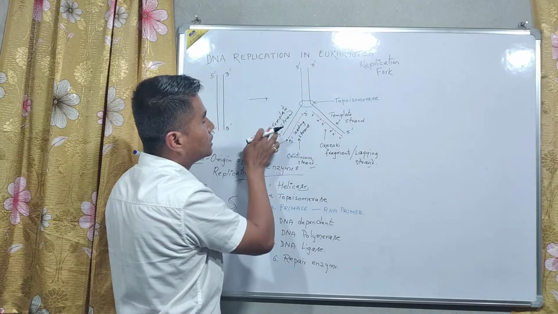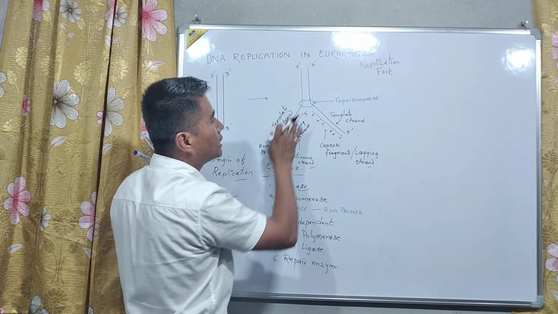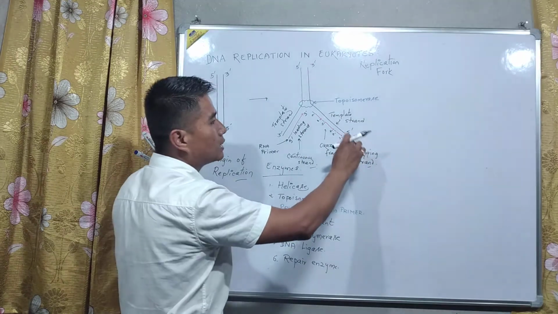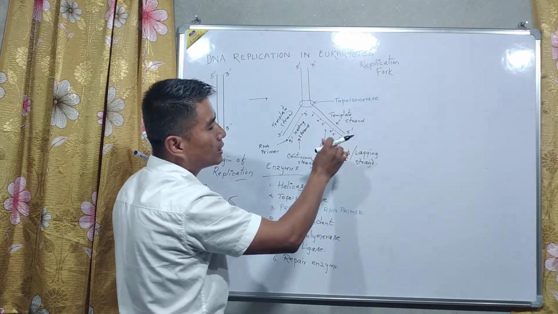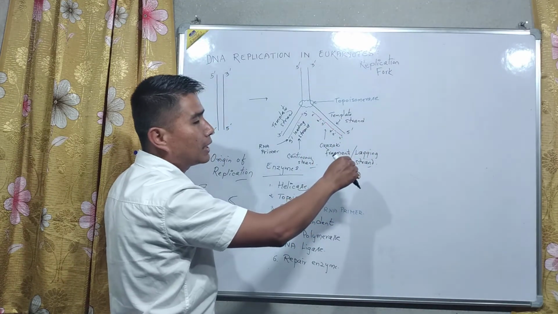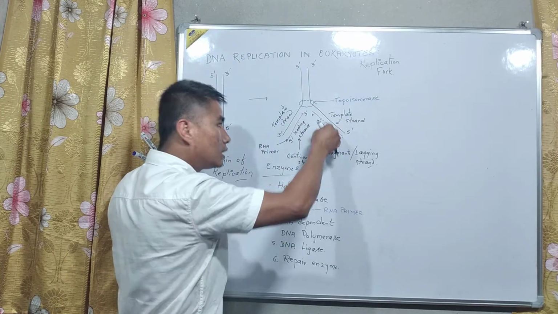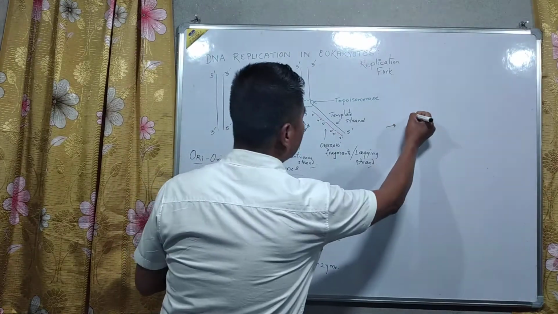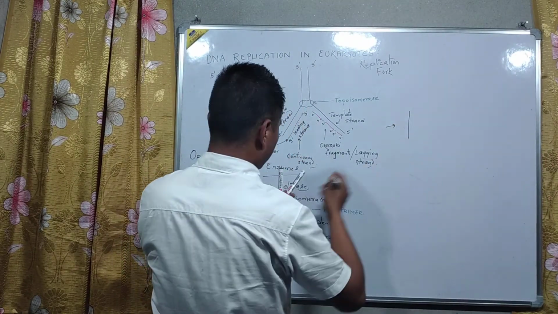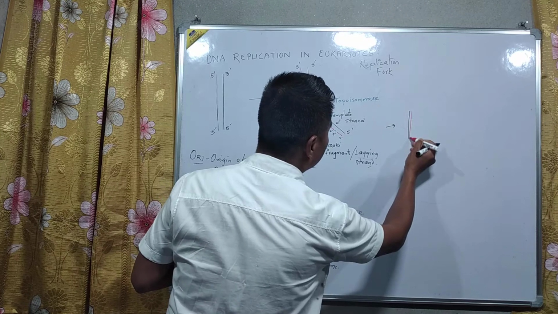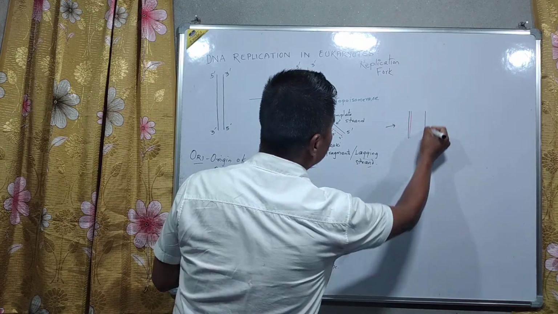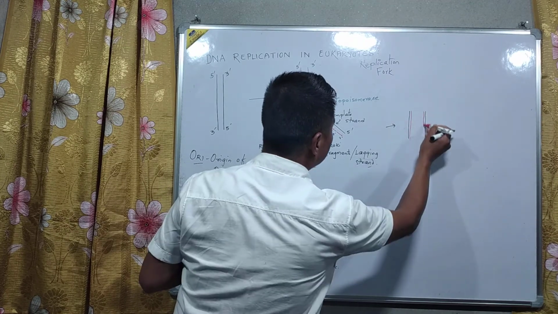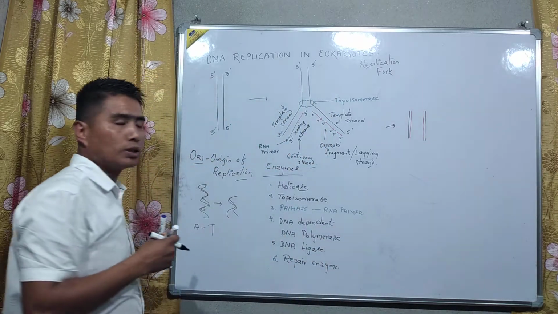In this case, this is the template strand, and then a leading strand is there. And in this case, the template strand is there, and then the small segments of DNA are there, which are sealed with the help of DNA ligase afterwards. And then a new DNA strand is formed. What we can visualize afterwards is that this will be here, and this is the new DNA strand here, and again this will be there, and a new DNA strand will be formed here this way.